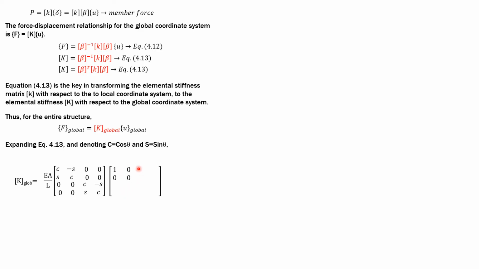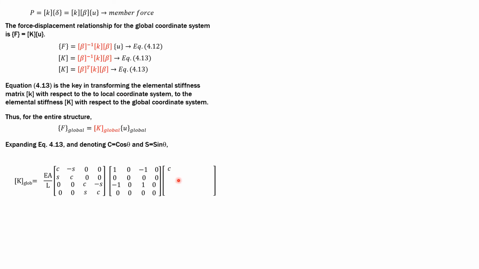This is the stiffness matrix K times 1, 0, negative 1, 0, then rho 2 is 0 for P, for delta. Then negative 1, 0, 1, 0, rho 4 is 0, which we already derived in the preceding slides, times the